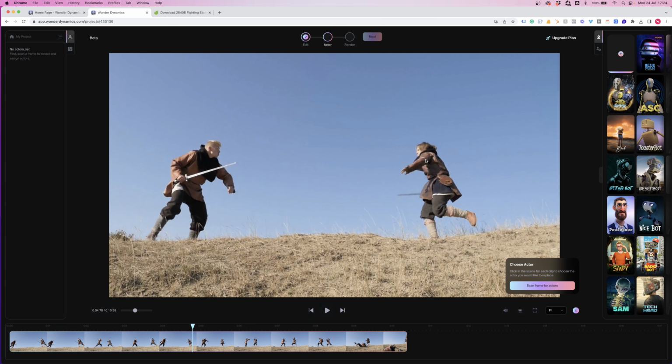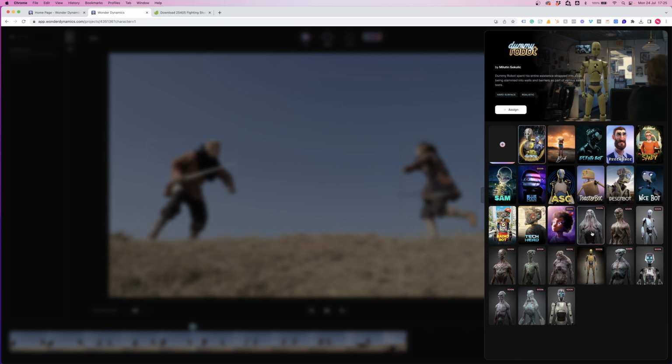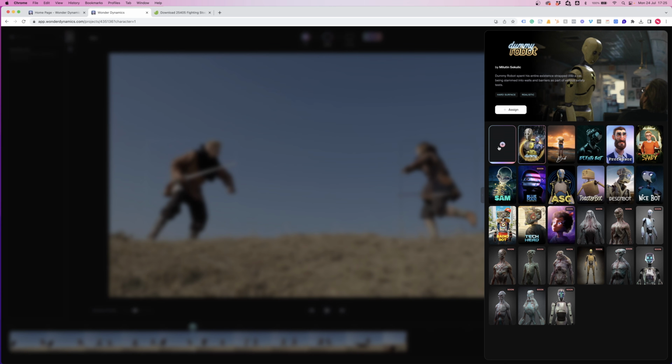You have a little prompt saying Scan frame for actors. Press Scan. It's found our actors. You click on one of these and we get the prompt Select a Character. And then you can press Expand Character Library to see who's available. And you can see there's more characters coming soon. You can also add your own characters, which we'll delve into in a future video.